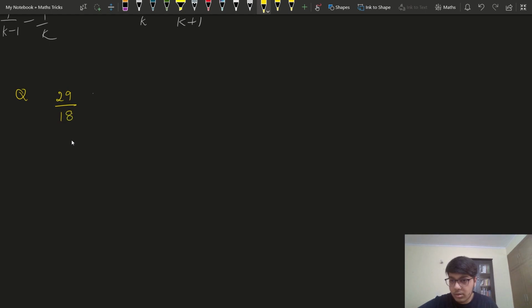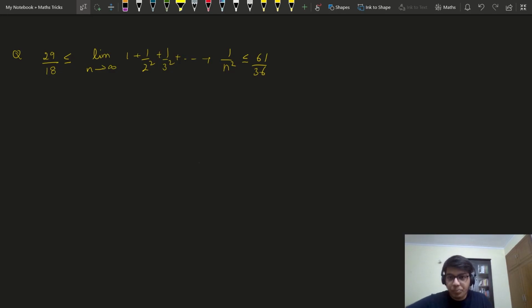प्रूव दैट दिस इज ट्रू, limit n tends to infinity 1 plus 1 by 2 square plus 1 by 3 square plus ... plus 1 by n square is less than 61 by 36। तो ये सॉल्व कर लेते हैं। पहले ये वाली सेट करते हैं। तो ये ना 1 plus 1 by 2 square plus 1 by 3 square plus 1 by 4 square, ठीक है। पहले तो इसको पॉज करके खुद से ट्राई करो, नहीं होता है फिर सोल्यूशन देखो, एक हो जाता है ट्राई करने के बाद सोल्यूशन।